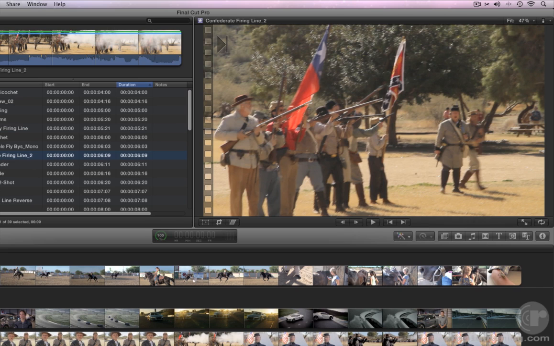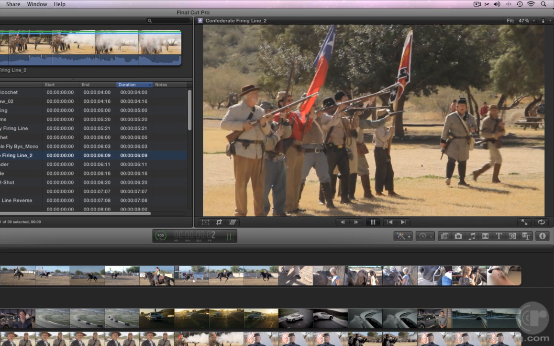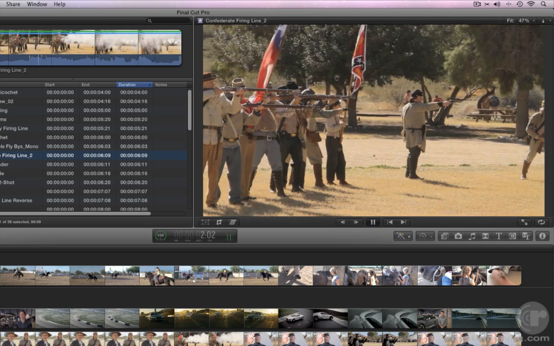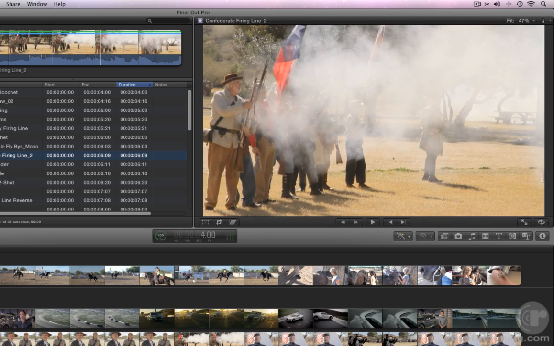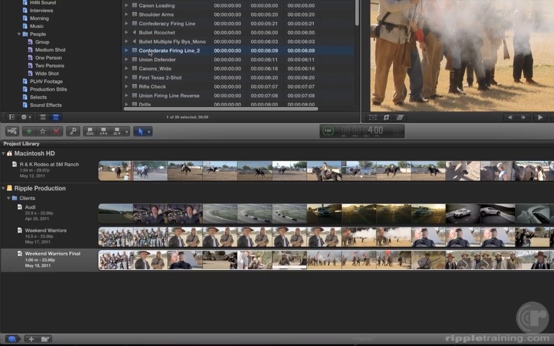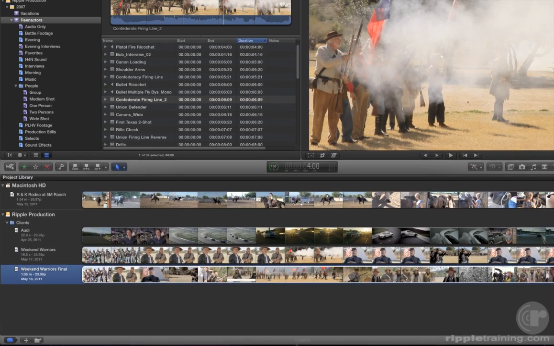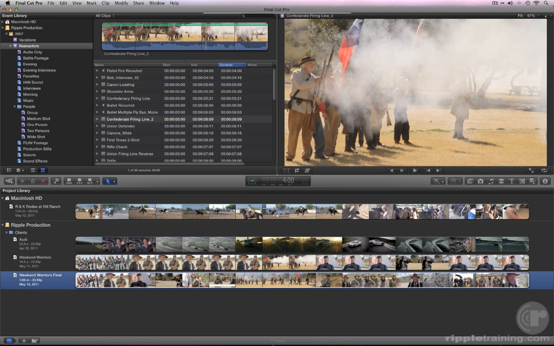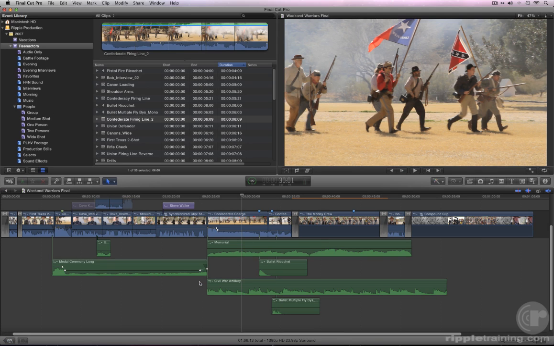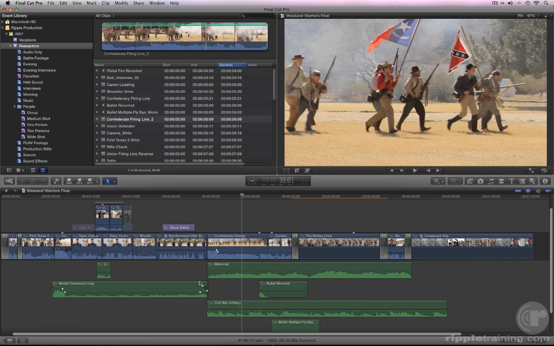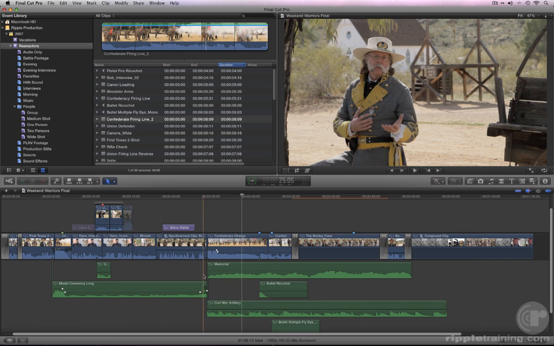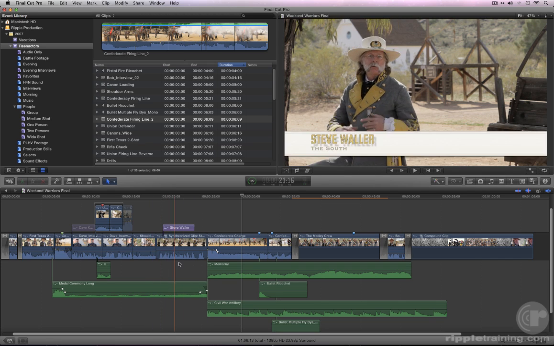The viewer is where you play back the clips in the event library or the timeline. The project library at the bottom of the window is where you create and manage your projects. Projects are the principal containers for your work in Final Cut Pro and are represented by these horizontal film strips. Double-clicking on a project film strip will open it into the timeline. The timeline is where you add clips, arrange and edit your clips, add titles and effects, and ultimately share your